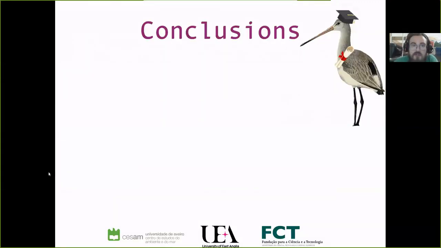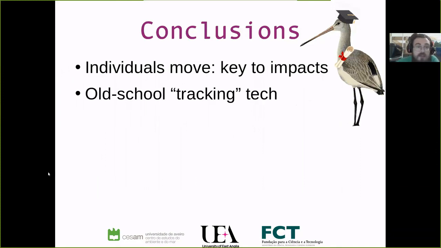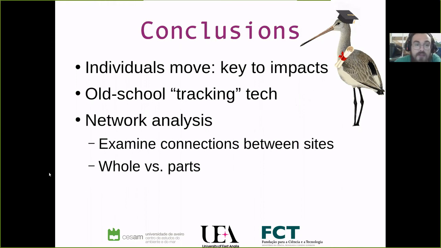So to conclude, individuals move, and understanding how they move is the key to understanding impacts on those populations. To do that in this study, we just used some old school tracking technology, just plastic colour rings. And crucially, we then used network analysis, which I think is a really great tool for studying the connections between sites. You can consider the network as a whole, or you can focus on individual components and how they fit